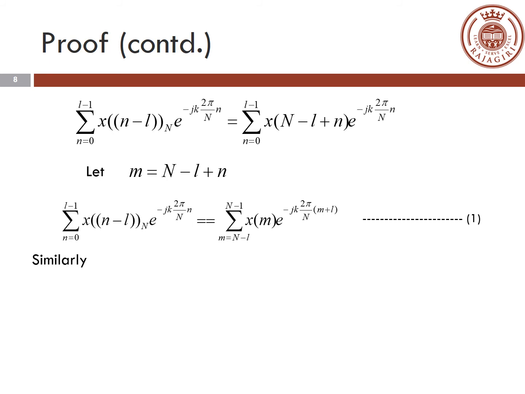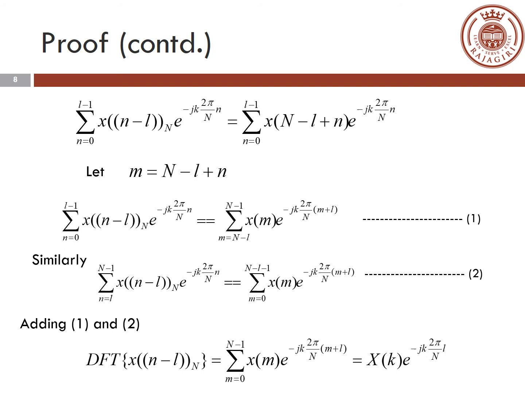Next we take up the second part of the summation, where your n varied from L to N minus 1. Okay. So when you substitute the limits, you get the equation like this. There the only change is that you might have a difference in the limits here. You might get it as N to 2N minus 1 minus, sorry, L minus 1. You know that it's periodic with a period of capital N, so you can subtract an N from both the limits. Okay. So you get it as two separate terms.